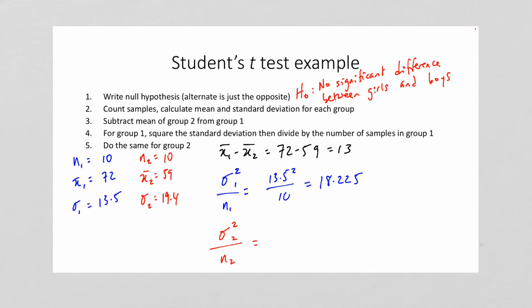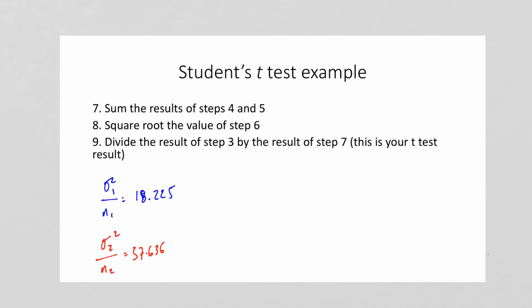And that is going to be 19.4 squared divided by 10, which is 37.636. Okay. Let's continue on another page. So just carrying on from before, the standard deviation squared of sample 1 divided by the number of terms in sample 1 was 18.225. Standard deviation squared of sample 2 divided by the number of terms in sample 2 is